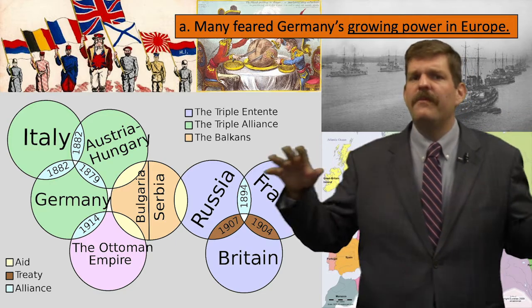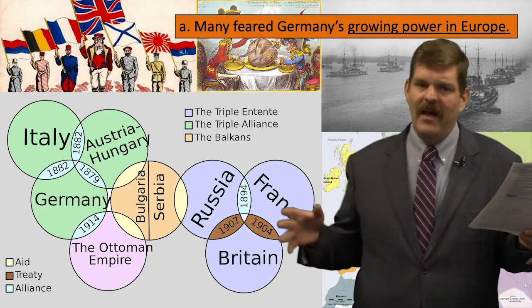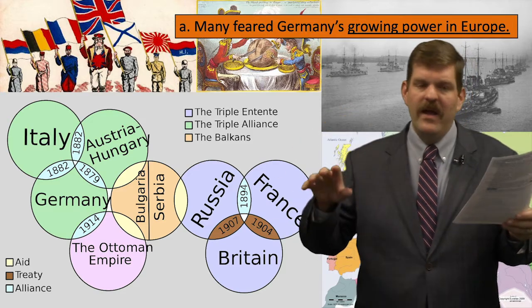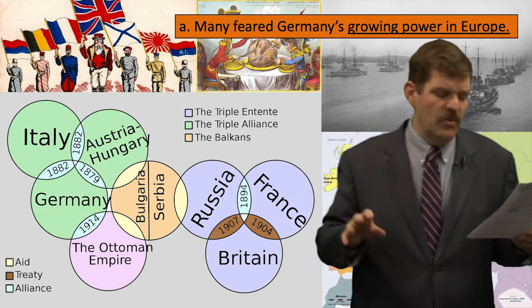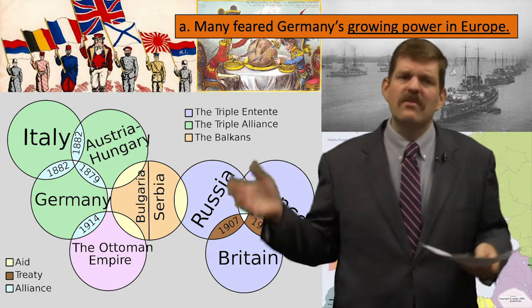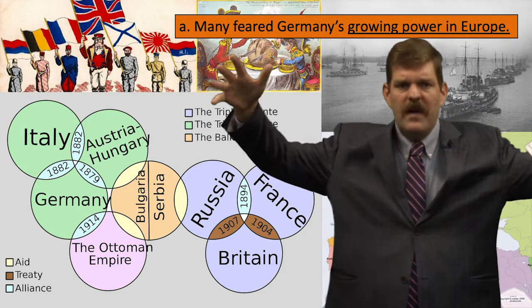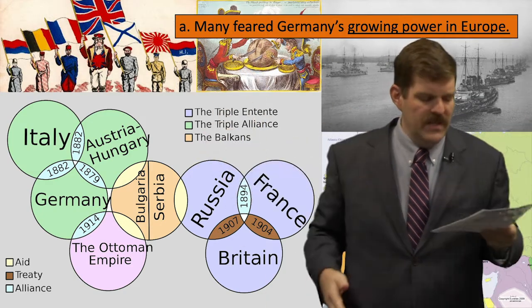In general, people fell into 2 essential camps: what becomes known as the Triple Entente, also known as the Allies. This is a group known as Great Britain, France, and Russia. And you also have the Central Powers. The Central Powers are Germany, Austria-Hungary, and Italy, to a lesser extent, and later the Ottoman Empire. So the alliance system in Europe revolved around these 2 central camps.